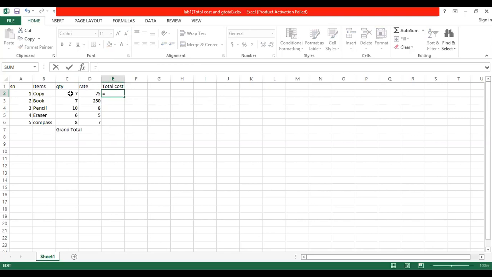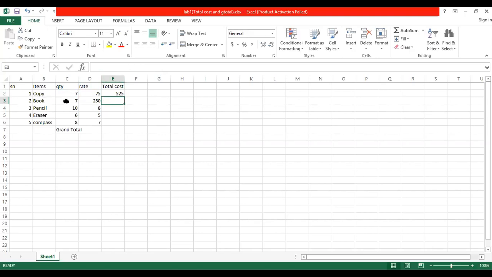The cell address of this 7 is column C, row number 2. So you will do C2 into 75. What is the cell address of the 75? Column D, row number 2. So you will do D2, enter. 525 we have to pay.